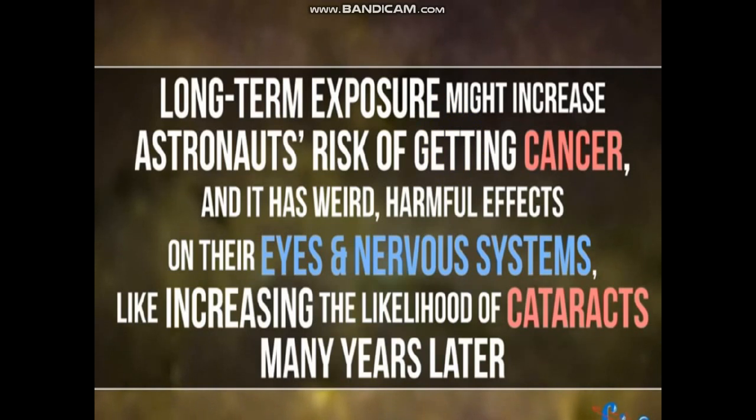Exposure might increase astronauts' risk of getting cancer, and it has weird harmful effects on their eyes and nervous system, like increasing the likelihood of cataracts many years later. Sometimes when astronauts are exposed to cosmic rays, they even start seeing flashes of light every few minutes, which we call cosmic ray visual phenomena. Some space travelers are especially...